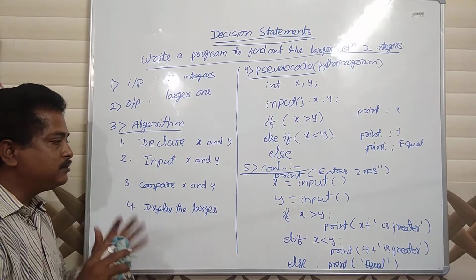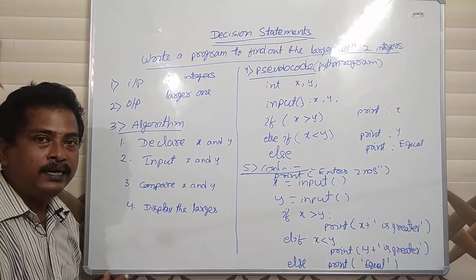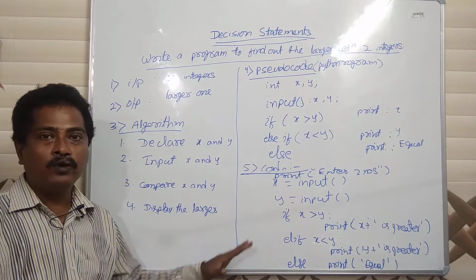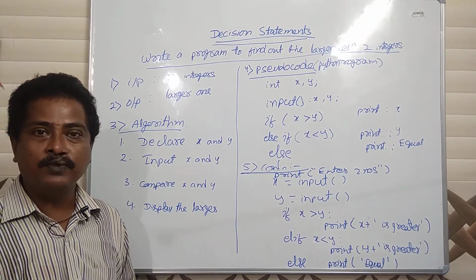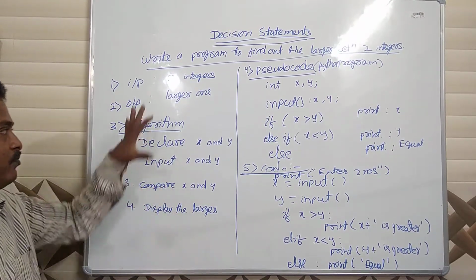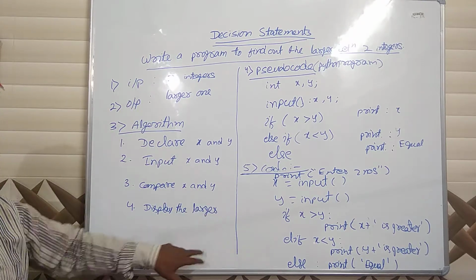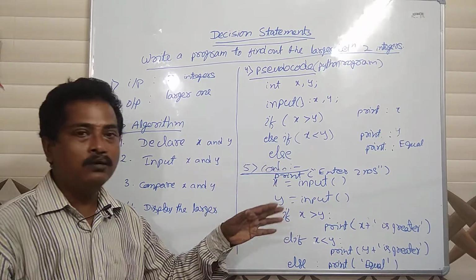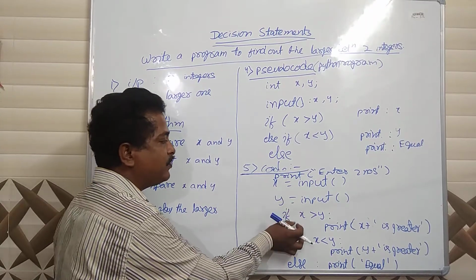So see, there is not much difference between all the languages when you are learning basic programming. As I told you, up to function it is the same for all programs. At function we will divide the languages C, C++, Java, Python, but up to that we can go for any language, because we have to follow the 5 steps. The algorithm is the same for all the languages. As within a few minutes we have done the program in all the languages, you can do it. So there is not much difference, only the difference in syntax.